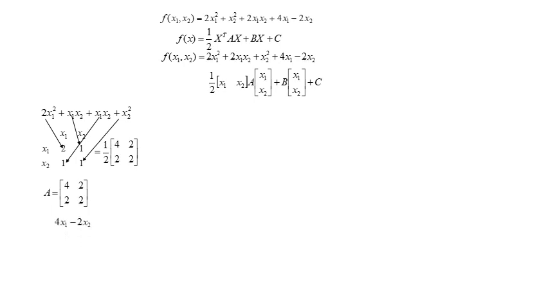Matrix B is computed using coefficients associated with the remaining terms x1 and x2. This is matrix B. As there is no constant term in the given function, C is equal to 0. However, we do not need B and C to calculate the value of lambda. We need only the value of matrix A. Thus, the resultant function f of x is